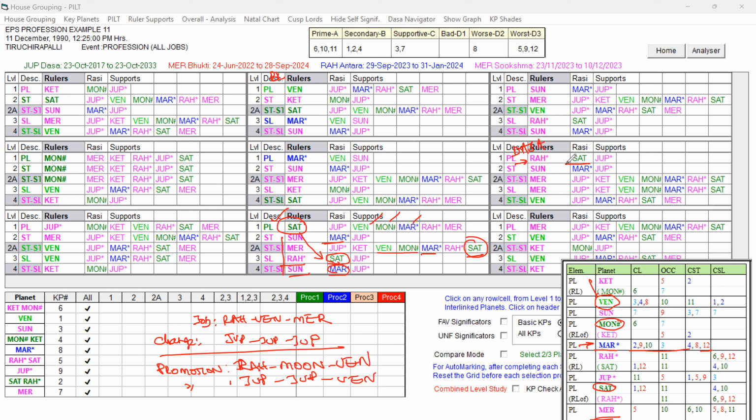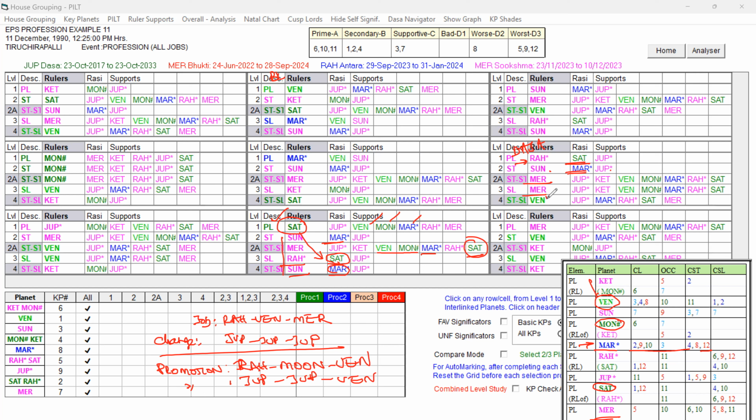Rahu itself having Saturn, the star lord planet is having Mars. You can see the Sun and Jupiter, they are all having supportive significations only, not bad. And the 2A level planet Mercury, the sub lord planet Mercury also having favorable with some changes, right? So they are all pink shade. In general, we can say pink shades are supportive only, not bad.